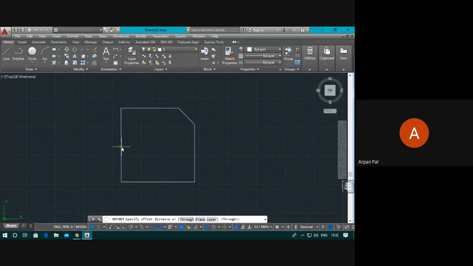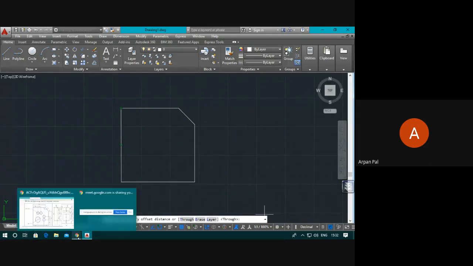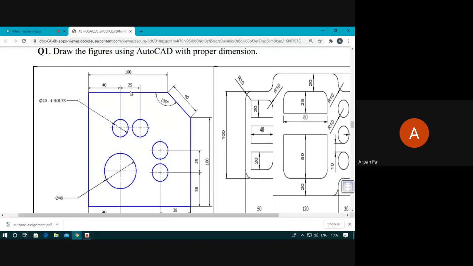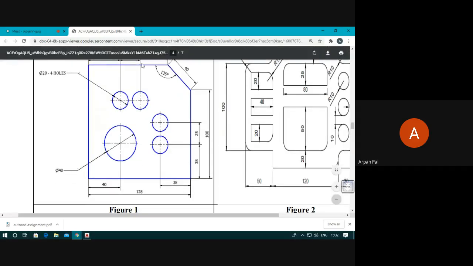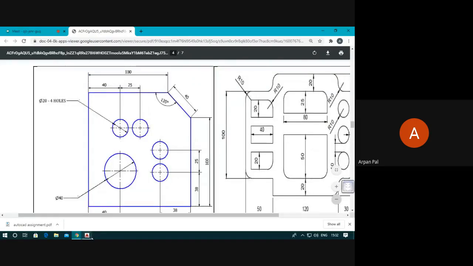So we shall make a parallel line to this line, suppose. For that, what is the distance required? At a distance of 40, see this one is actually at a distance of 40. From the bottom side also it is written, upside also written 40. So what is the technique?